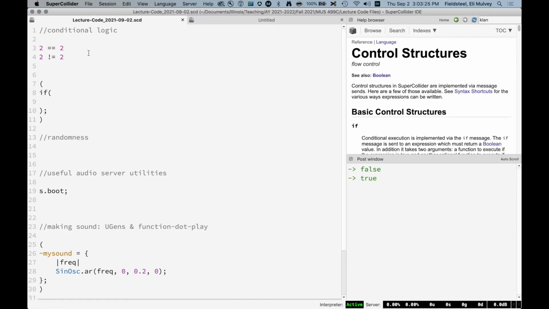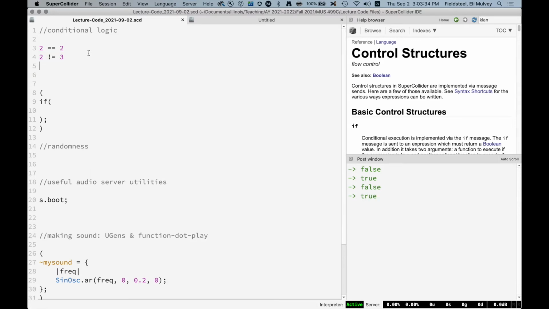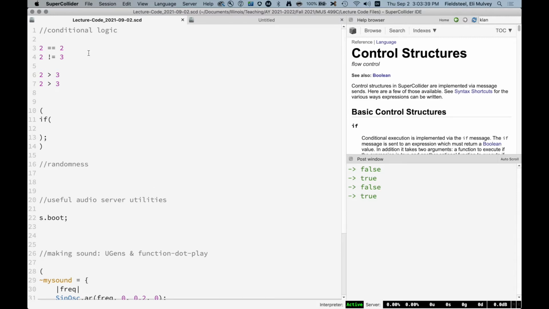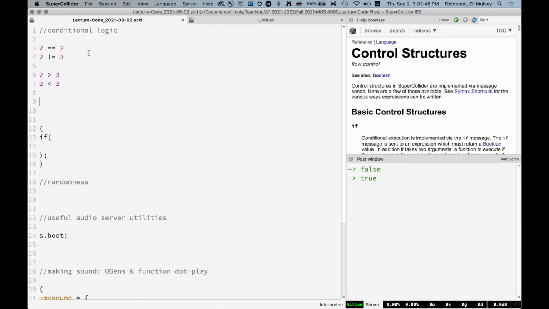And what this means is not equal to. So is 2 not equal to 2? That's false, right? Is 2 not equal to 3? That is true. And then there's the usual greater than and less than. Right? So is 2 greater than 3? That's false. 2 less than 3? That's true. And then for the binary operators, conditional operators that are greater than or equal to, or less than or equal to,